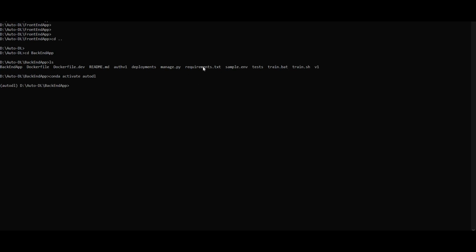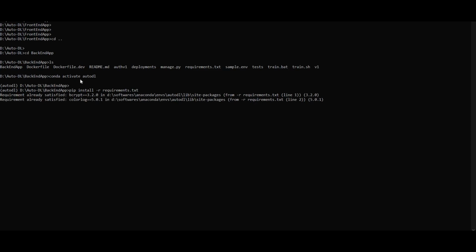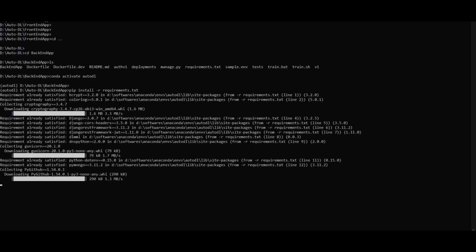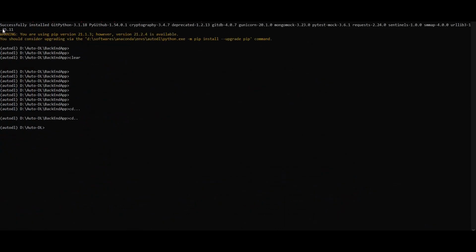And what you have to do is install requirements from this requirements.txt file. So the command for it is pip install -r requirements.txt. Now yours might take some time. Mine will be pretty quick because I had installed requirements before. But anyways, in the interest of time, I'll pause recording while it gets installed. As you can see, my dependencies have been installed.